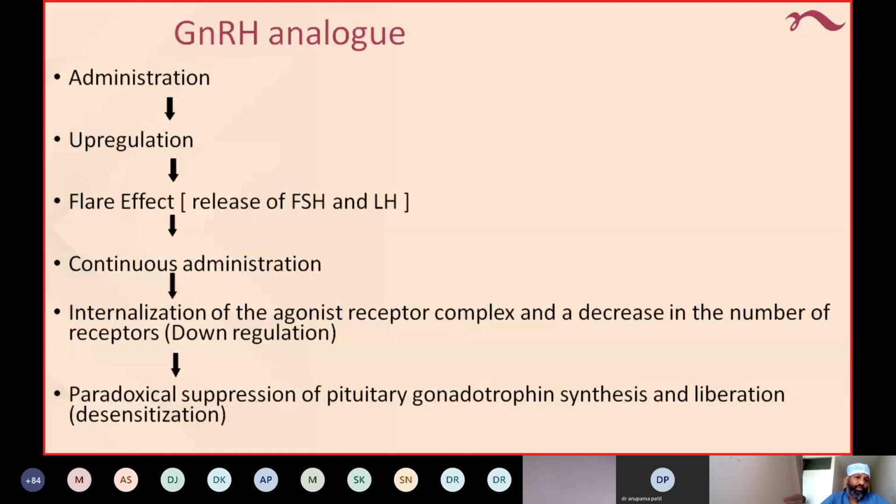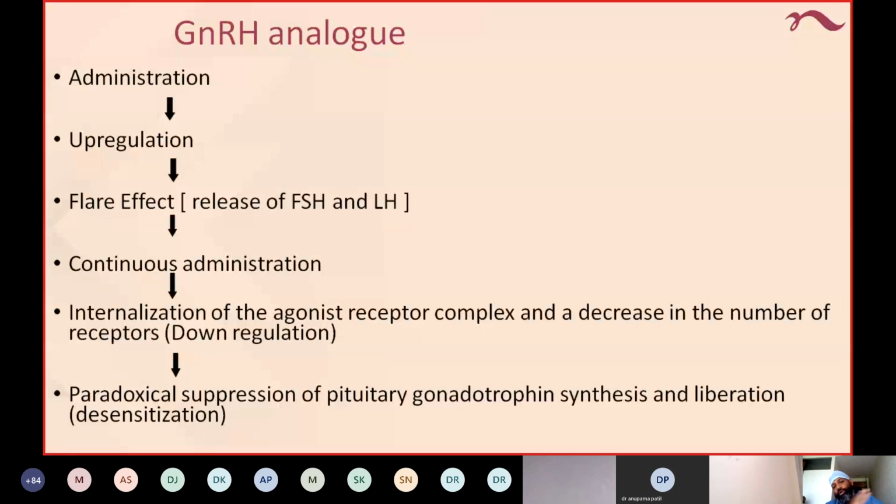With GnRH analog administration, initially one dose will suddenly upregulate and cause a flare effect and release FSH and LH. This mechanism we use in poor responders, wherein fewer eggs are there. We use it initially for one or two doses so that more FSH is released and we get a good response. But in hyperresponders or in polycystic ovarian disease, wherein we expect an extra response, we suppress them by giving extra dosage